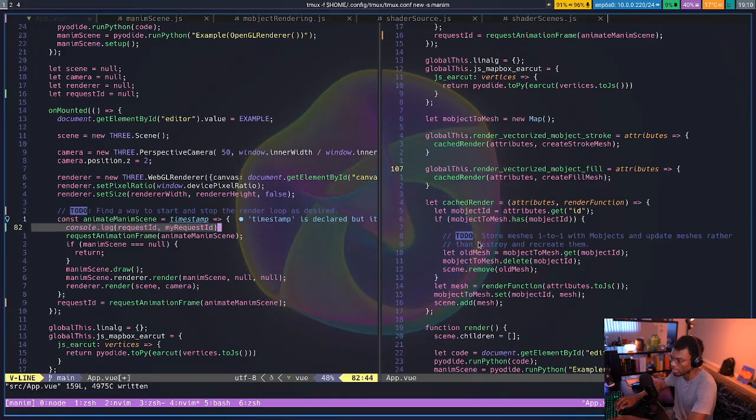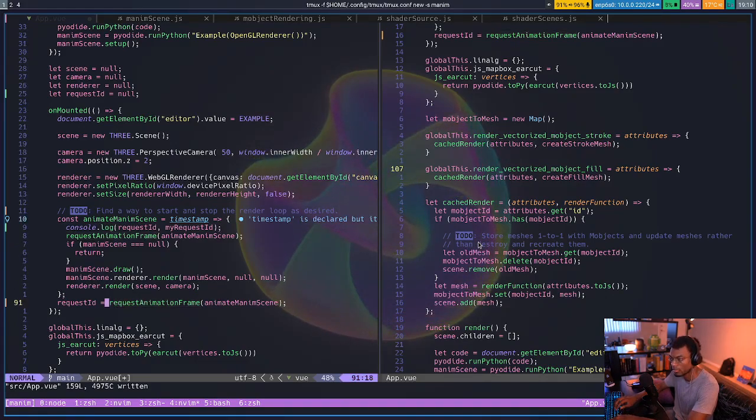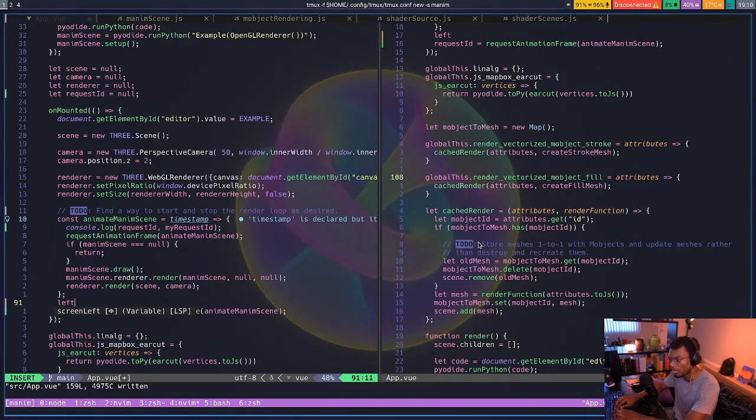Now currently my request ID doesn't even exist. But what I guess I'd want to do is let generate render function